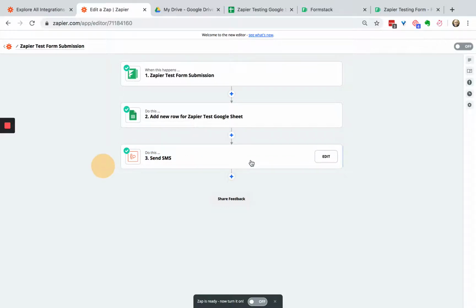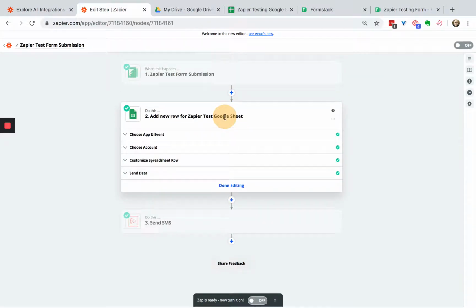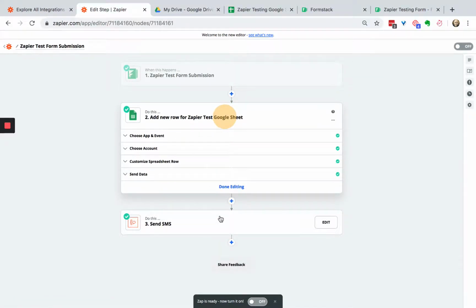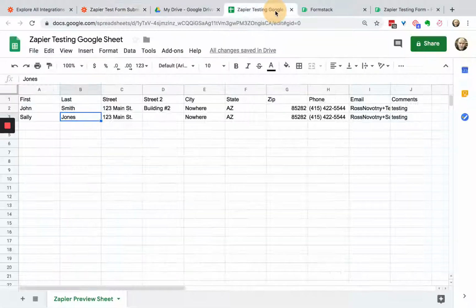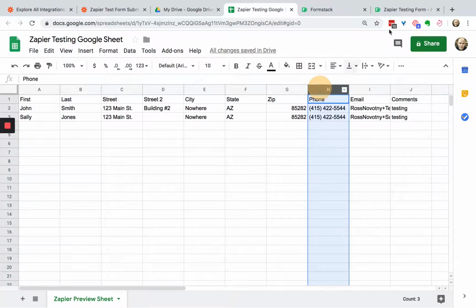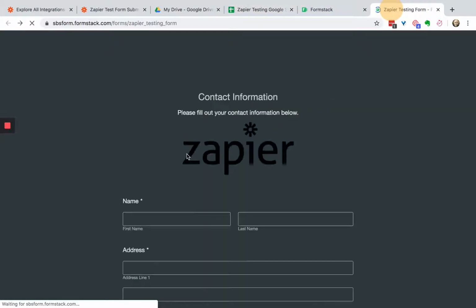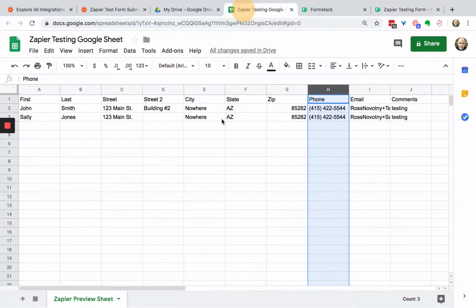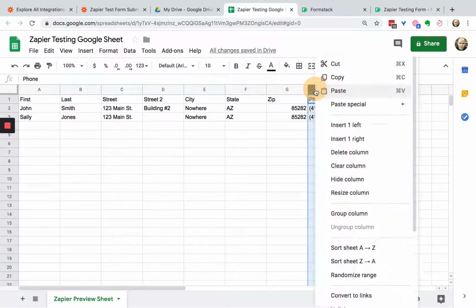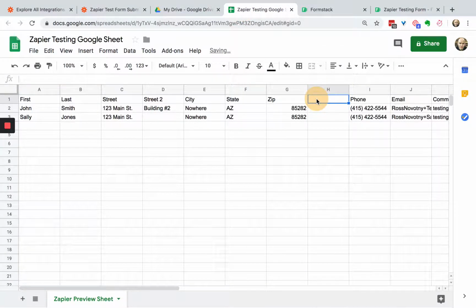Some it won't matter, and others it will matter, such as if you are using dynamic information from your Google Sheet. Say there was information within here that I wanted to make sure and add, like say the spreadsheet row here. Let's go back to our spreadsheet. I want to make sure instead of just phone number, and on my form here you can see it's just listed as a home phone, I want to add a mobile phone. So let's go back. I'm going to add a new category or column called cell phone,